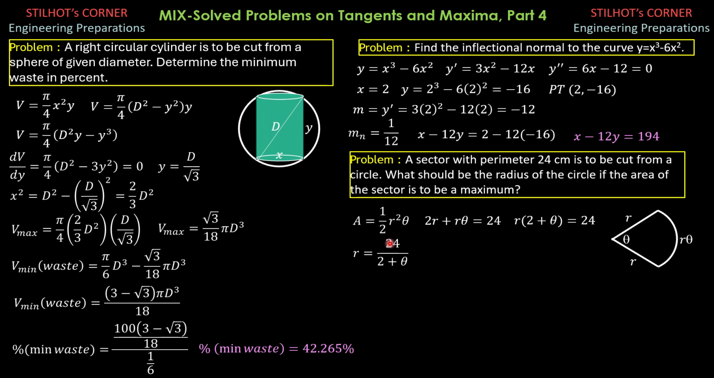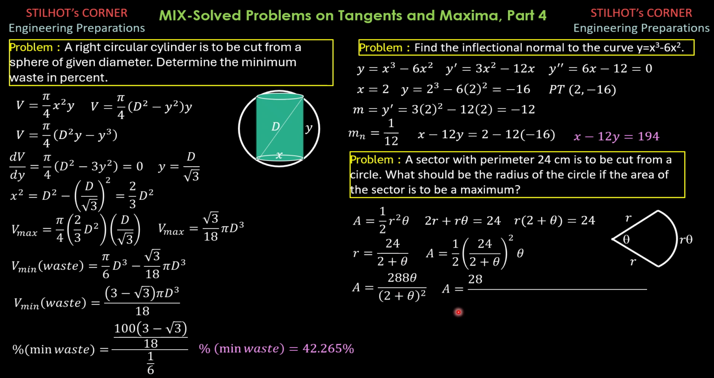Substitute into the formula for area. Area is 1/2 of quantity 24 over 2 plus theta squared times theta. Simplifying, area is 288 theta over 2 plus theta quantity squared. So maximizing area by differentiating this, factor out 288. So 288 quantity denominator 2 plus theta